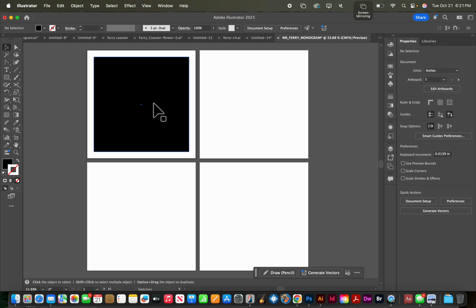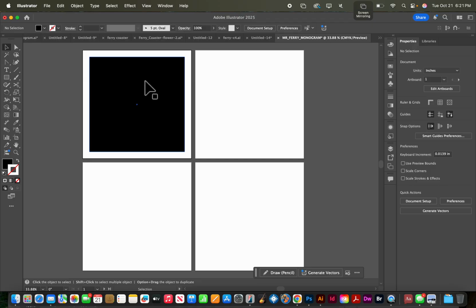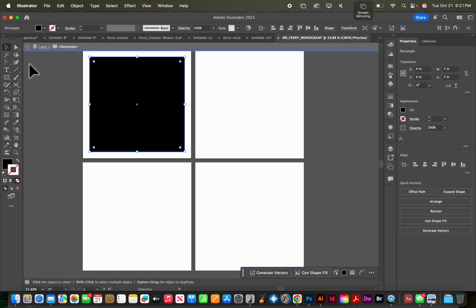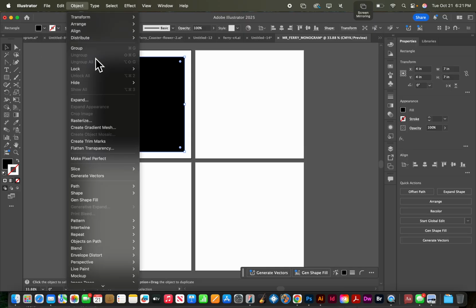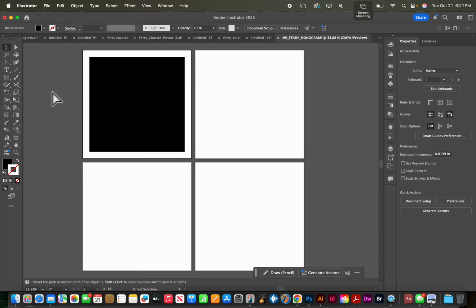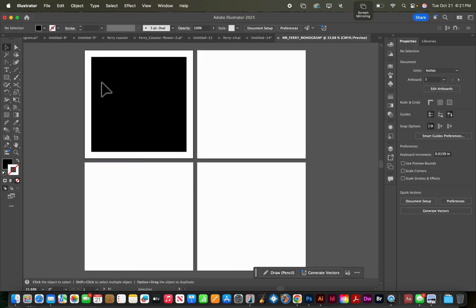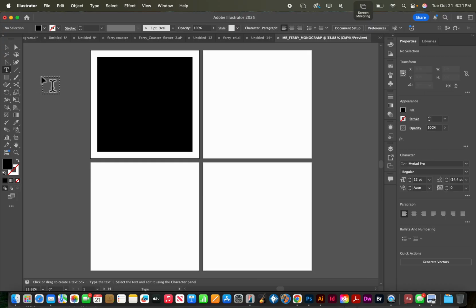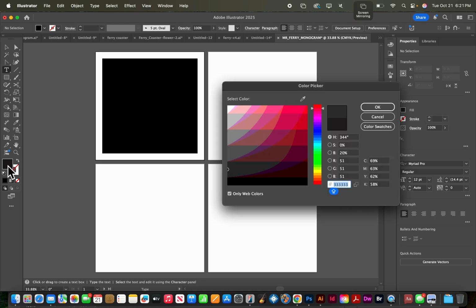So Command 2, Control 2 on a Windows keyboard, right? Or we go to Object, and if I'm clicked on it, Object, Lock selection, Command 2. Okay, so now it's just sitting there, and I can just grab the text tool. Okay, so I'm going to hit T for text, or click on the text there, and we're going to use white text, so I'm going to click into this,